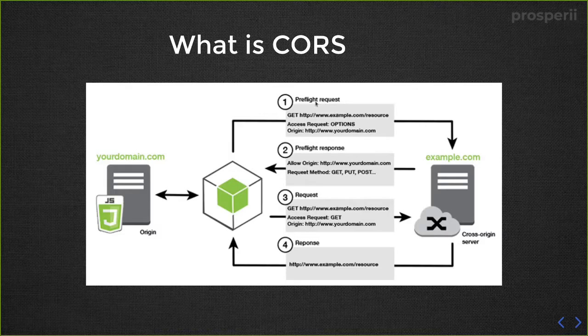So the first step is a pre-flight request, where the Google server makes a request to your website which asks if you are available or not. So for example, if you want someone to do a favor for you, you don't directly approach them with the task. You first ask them if they are available to do that particular task for you. Then if they say yes, that is when you give them the task which you want them to do, and then you get the output.